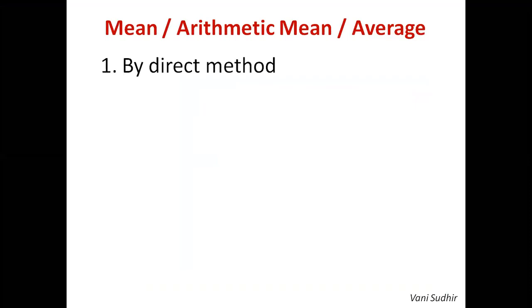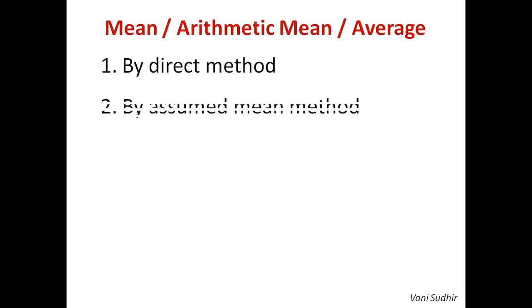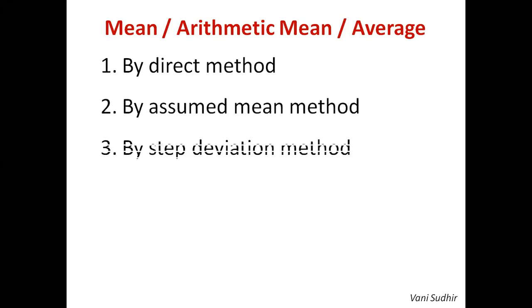Suppose in a hostel, 50 students usually eat 200 puffs in their breakfast. How many more puffs does the mess in charge make if 20 more students join the hostel? Here we usually take average or mean. There are three different methods to find the mean of a group data. First one is the direct method.